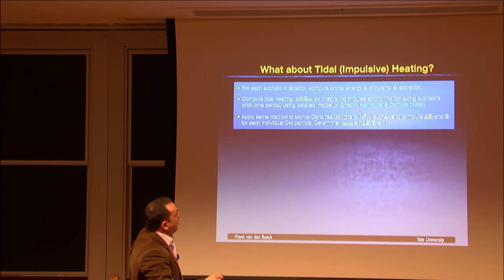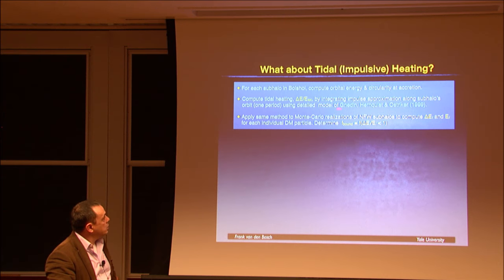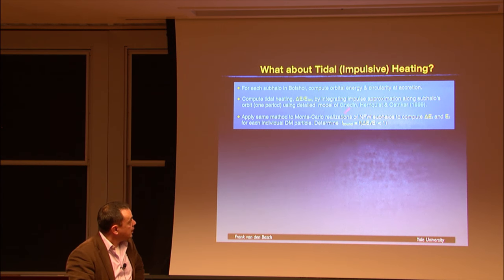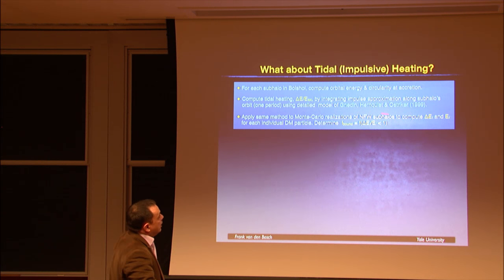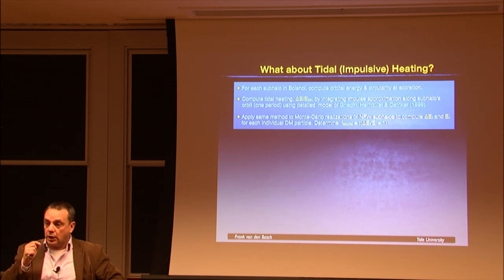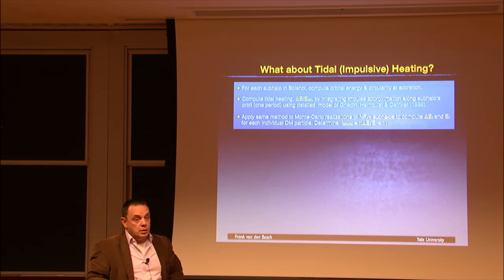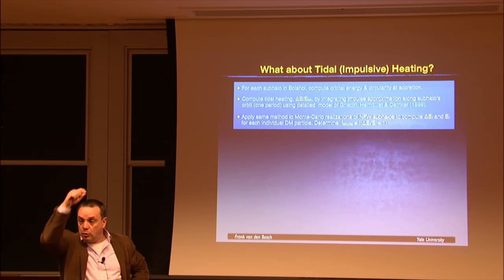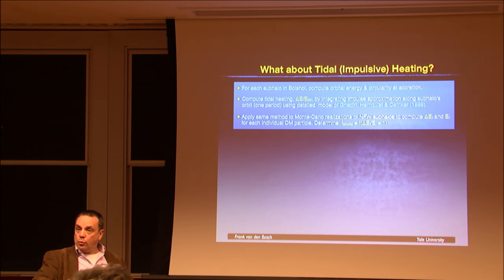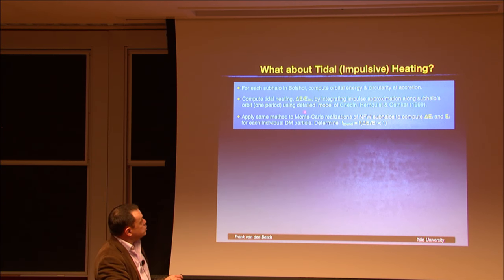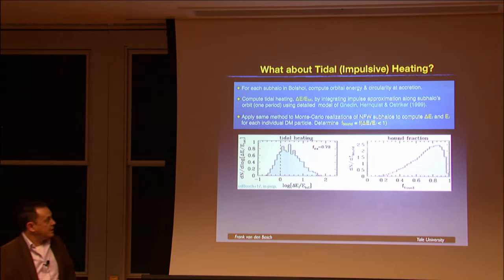And along the orbit, I apply the impulse approximation to work out how much tidal heating it gets, using the model worked out here in Princeton by Oleg and Jerry. Okay, it's a beautiful model, very accurate. They've tested it in great detail. And you can calculate how much energy is pumped into my subhalo due to the tidal shock that it experienced at pericenter. And I compute that for one orbit. And then I compare that to the total energy, the binding energy of my subhalo. And this is what you get.